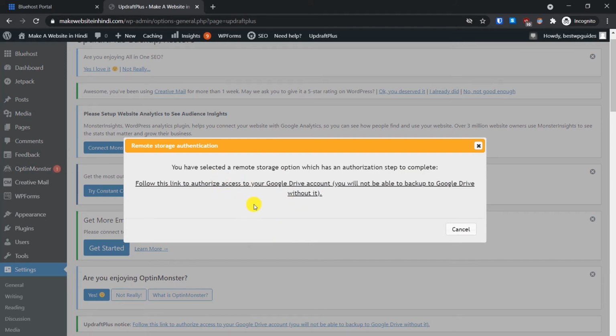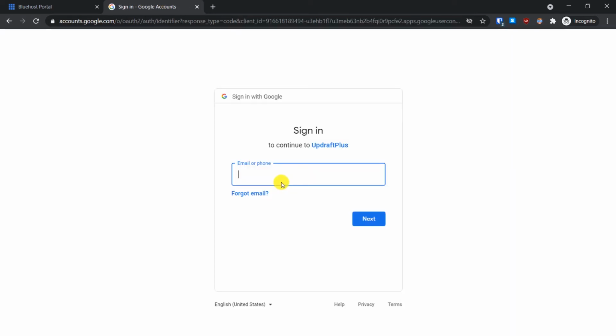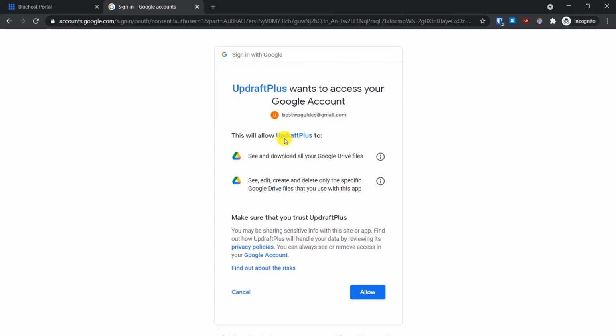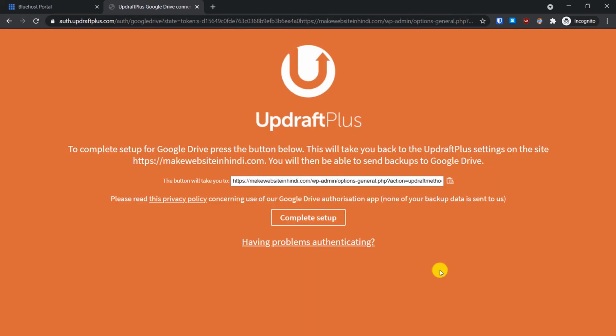After this, you will have to authorize this plugin to access your Google Drive account. Just click on this link, log into your Gmail account. Now you will have to authorize this plugin. You can see what all permissions it requires. Then click on Allow, and the setup is complete.